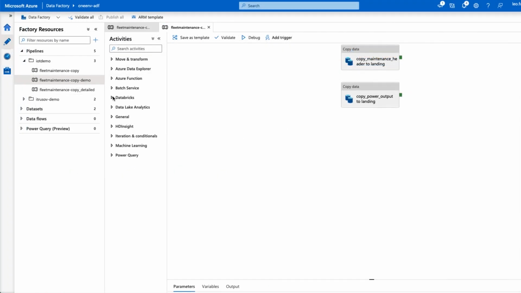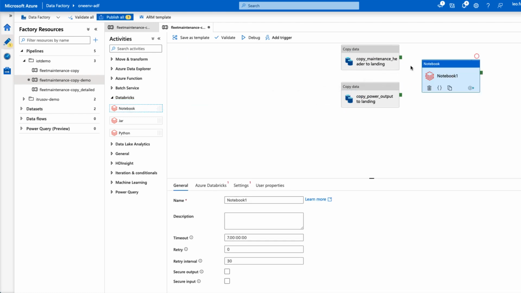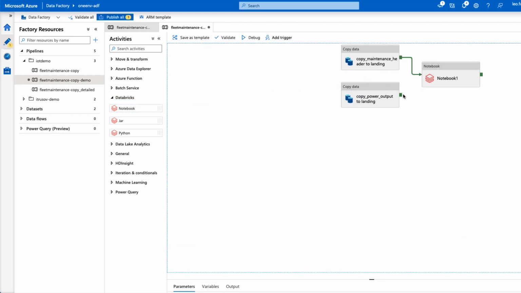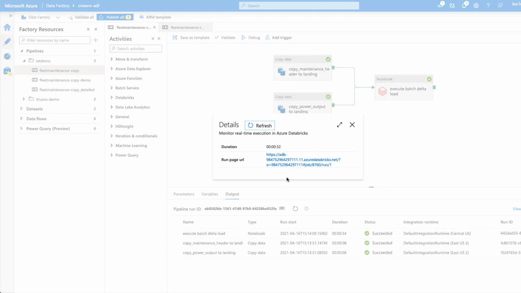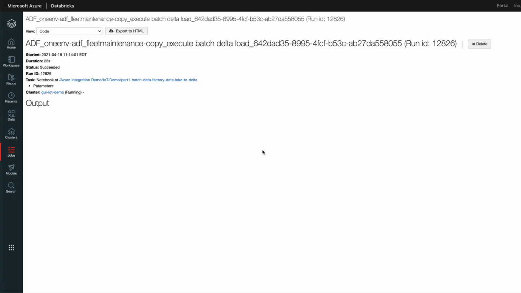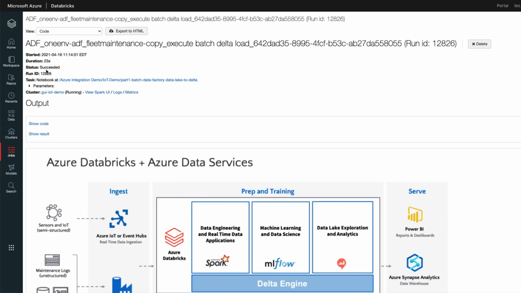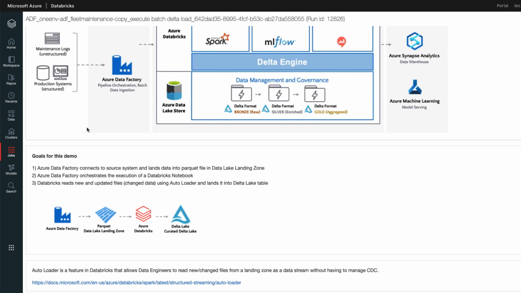tables. You create the Azure Data Factory to Azure Databricks integration by adding an Azure Databricks notebook activity to the pipeline. When I run the pipeline, the output window shows the different activities that have been run, and in my Databricks activity, I can actually browse to the notebook that was executed when the pipeline ran. We can see from the metadata this notebook executed successfully, and it took 23 seconds.